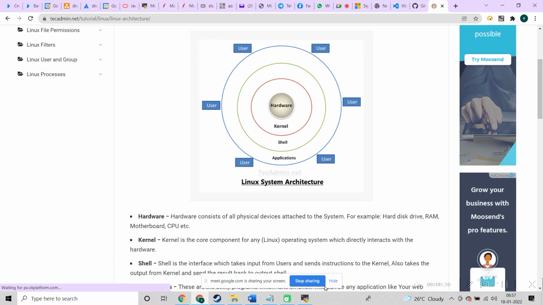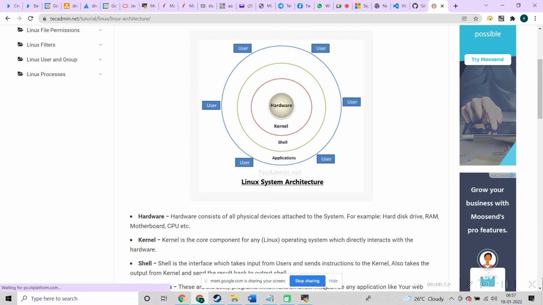We are using Windows, right? Not from a usage point of view, but the internal architecture, how it works. No issues, let's start discussing. Whenever you have some hardware, to interact with the hardware you need some software, right?